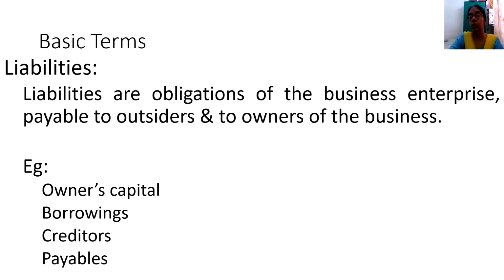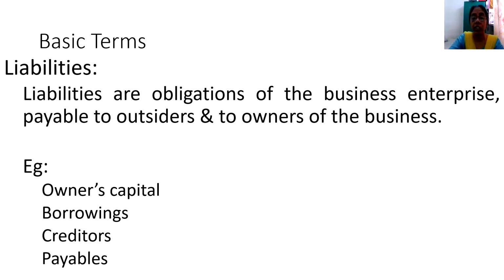So here, we understand that the individual who is supposed to be the owner of the business unit is giving capital to his business. And in this way, capital is understood to be a liability to the business enterprise. On the closing of the business, the individual, the so-called owner, has every right to take back his capital money from the business. So here, what does liability mean to us?